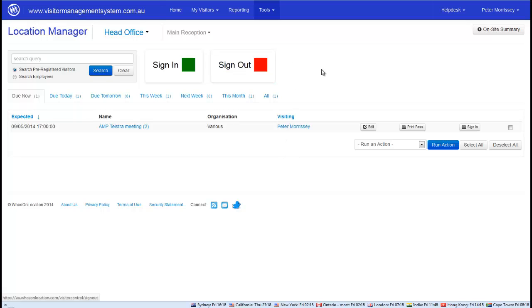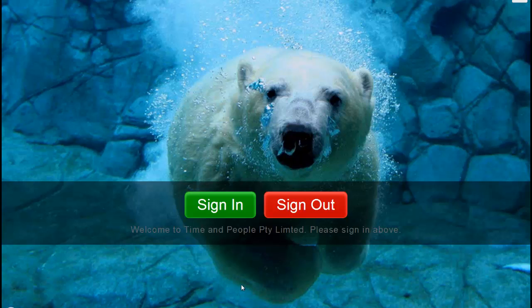So the location manager, there's quite a bit a location manager can do through that process. Now, one more part of checking in and checking out before we move on to the back end of the system as well as the reporting is the kiosks. So I just want to go to the kiosk now and show you some examples of how the kiosk can be used. So here we have a kiosk, and you can see of course that we